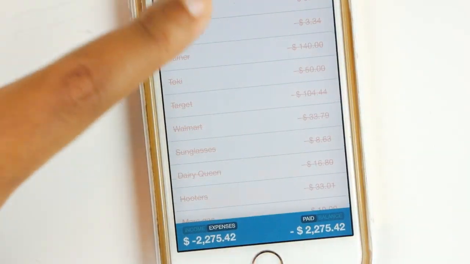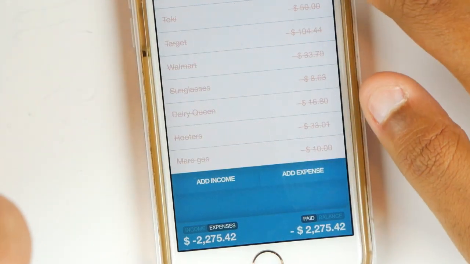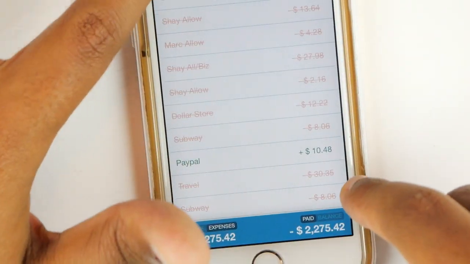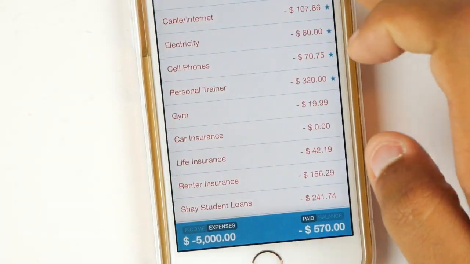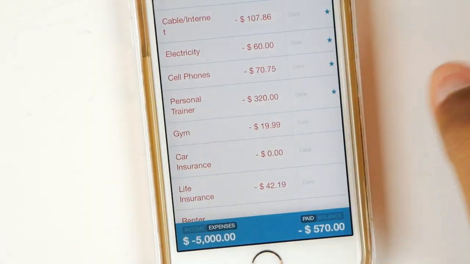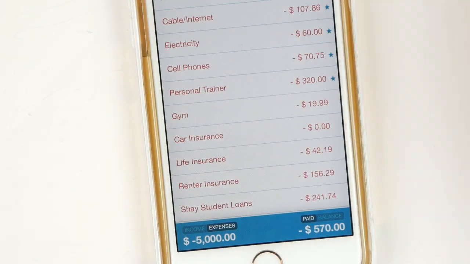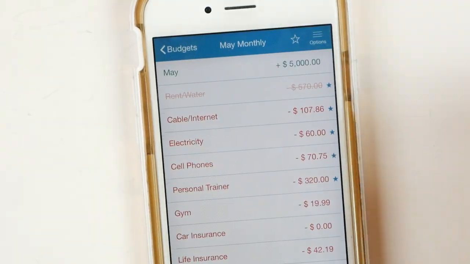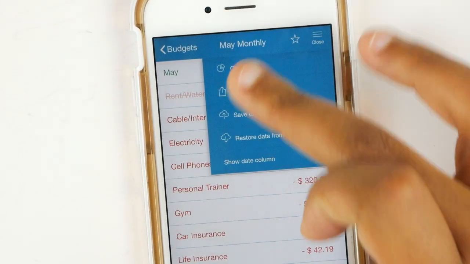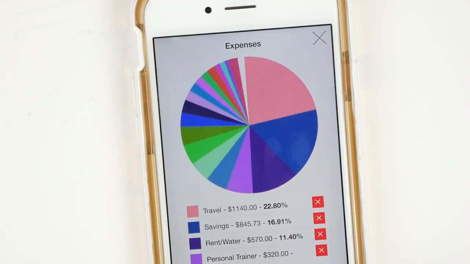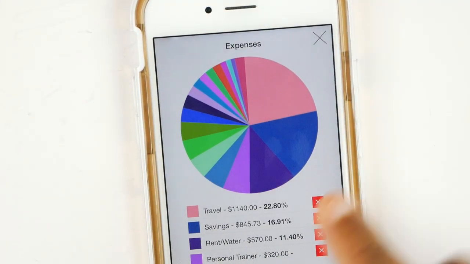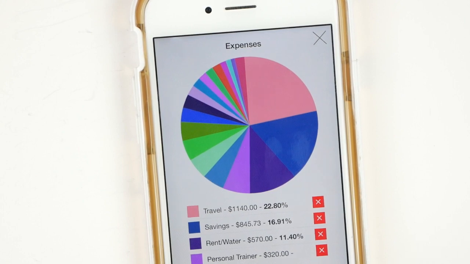Let me show you just one other thing before the camera cuts off. Let's go into the May monthly, the one that we just did. Again, you can add the dates back if you want to, but I just have it off so it looks a little better for the camera. Right here, it tells you your chart. For example, rent and water at $5,000, our housing, is at 11.40% of